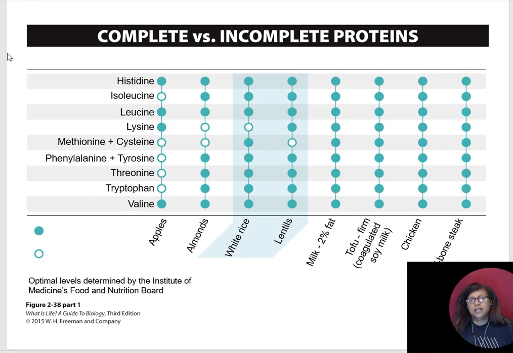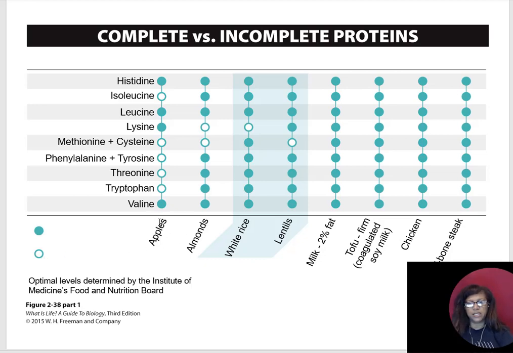So you'll hear the terminology complete versus incomplete proteins. Well, what does that mean? So let's look at some foods. We have here basically what looks to be our x-axis: apples and almonds and white rice and lentils and milk and tofu and chicken and beef. And we can look at the constituents of the amino acids that these foods are made up of. So the solid dot means that it has that amino acid, and the open dot means that it's missing that